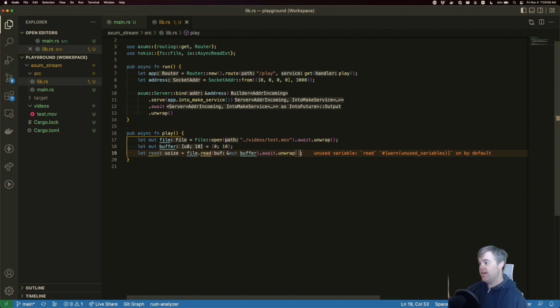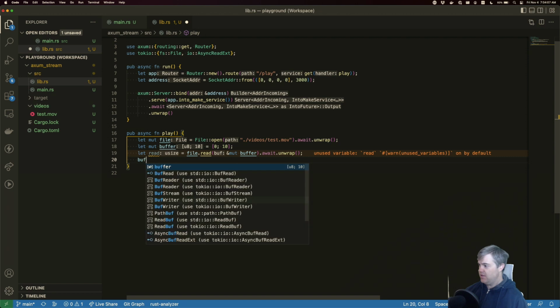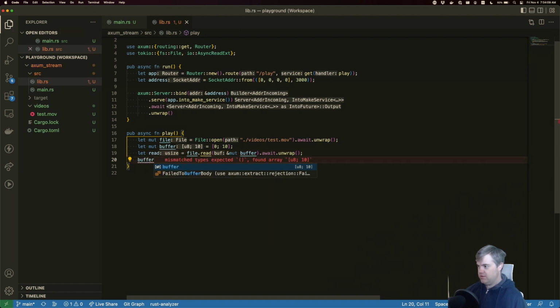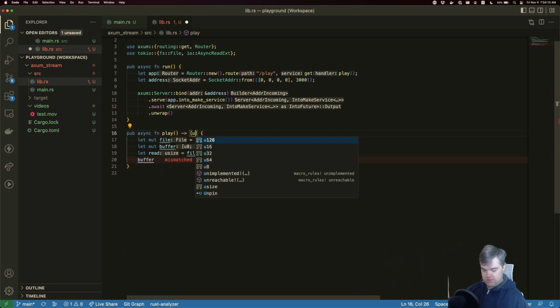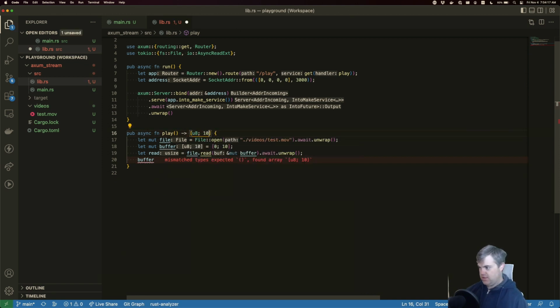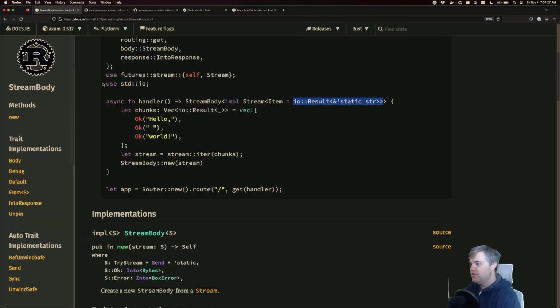Oh, it's a usize, so it's how much I've read? Okay. Now, if I just return the buffer, I just say, hey, this is what you're getting back. It does not like that. Okay, back to